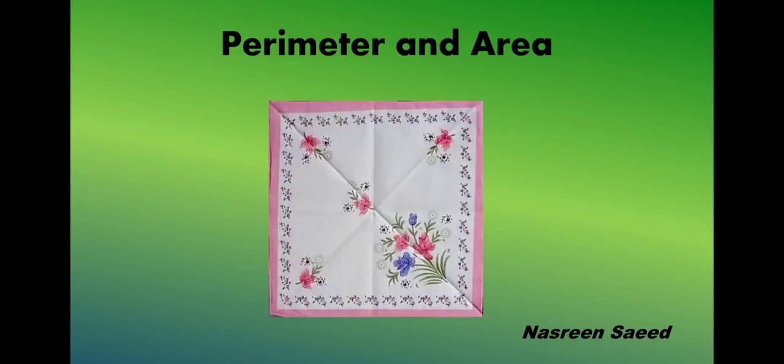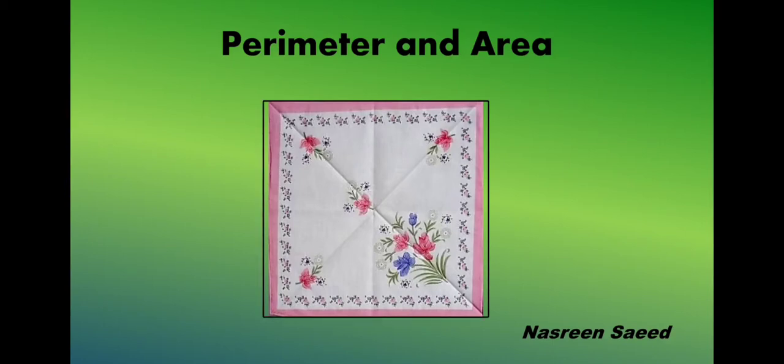Now suppose I want to put a lace on my handkerchief, this is my handkerchief. Now how am I supposed to purchase the lace? What I can do? I can take a piece of thread, hold one end of the thread at one corner of the handkerchief and then slowly unwind the thread along all its four sides. When we reach the corner from where we started, we can cut the thread. And now we'll have the length of the thread, which is actually the lace which we need to put on